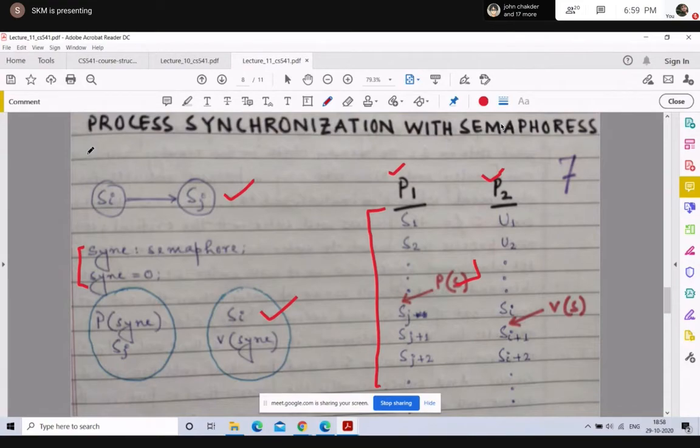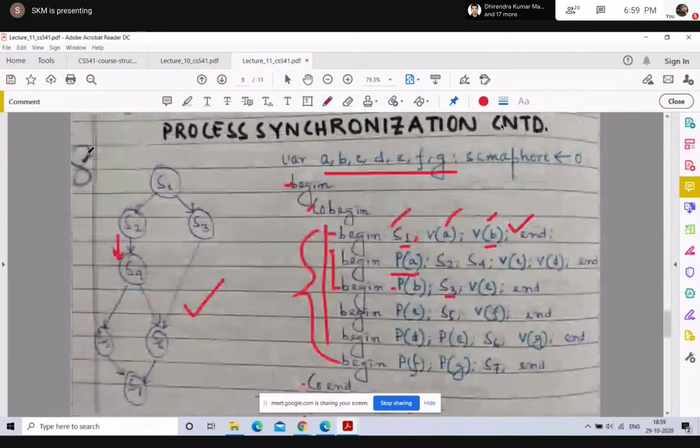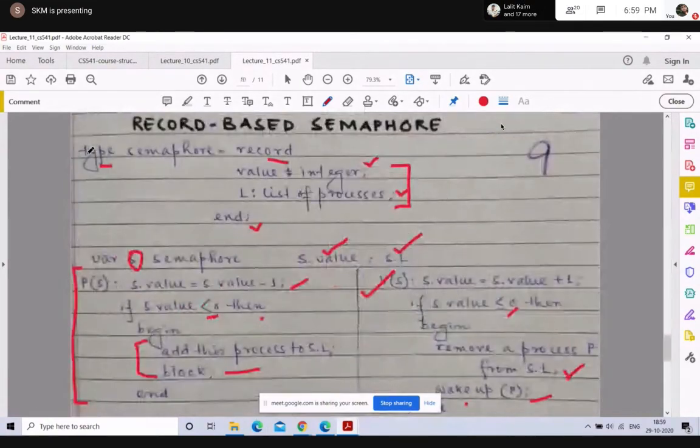It is basically used with the help of a variable called mutex, and we popularly call it a mutex lock because if it is 1 or 0, you basically use it for the mutual exclusion problem. And the other is what is known as a counting semaphore, whose value can range over an unrestricted domain.